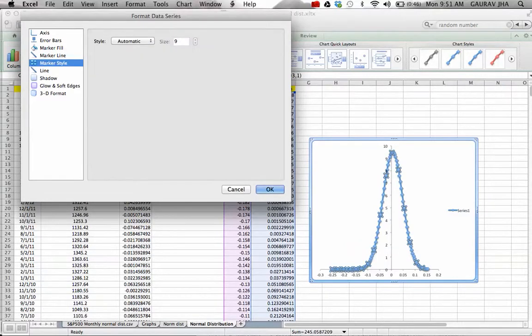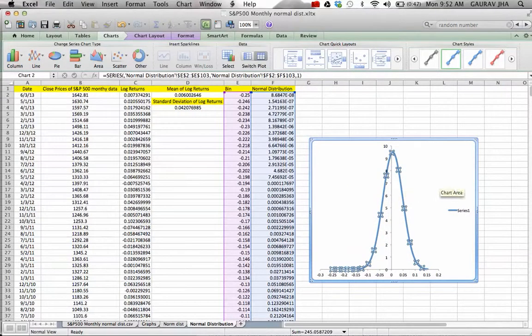We go to marker style and we go to no marker. So we can do things like this, and we can make it more comprehensive and more beautiful, I would say. So yeah, here was the tutorial for making a normal distribution.